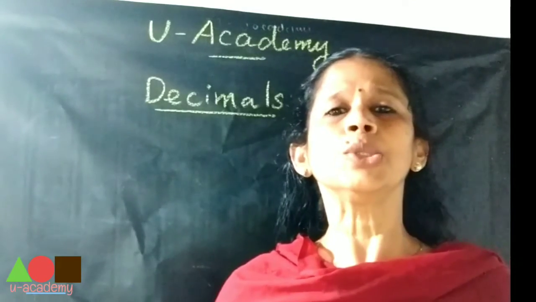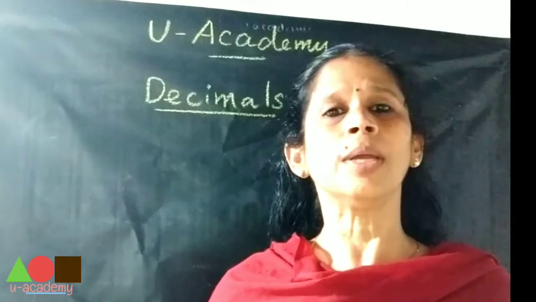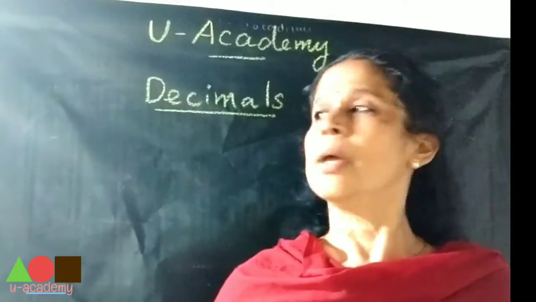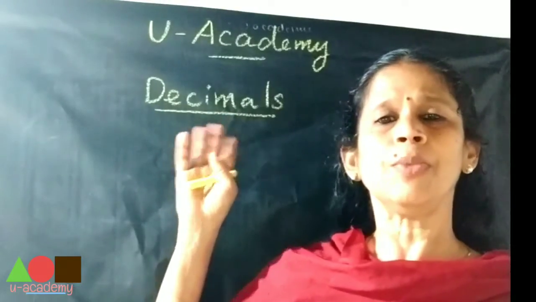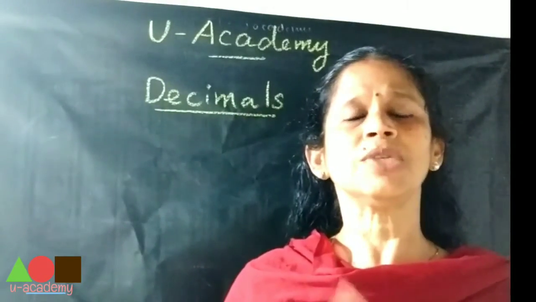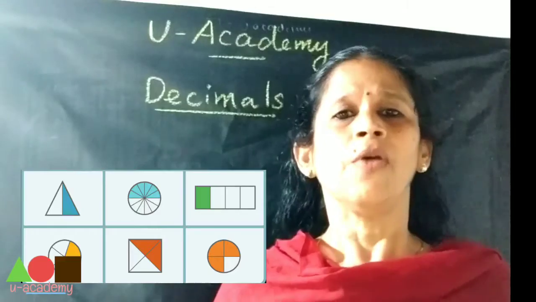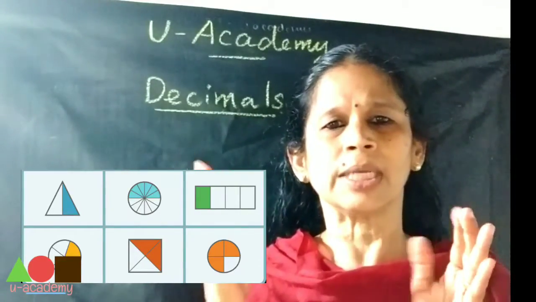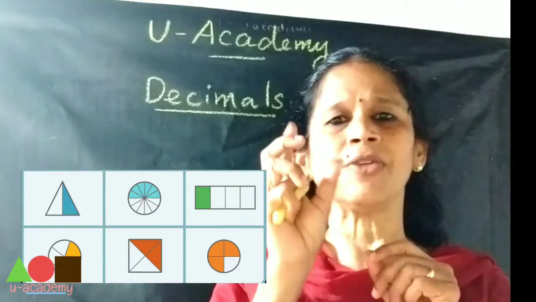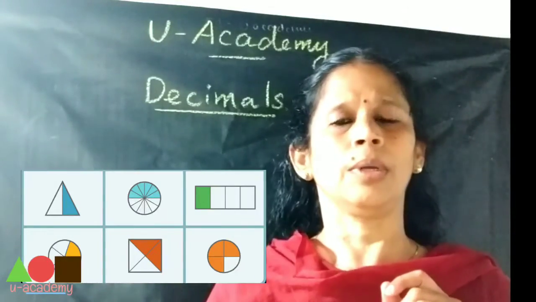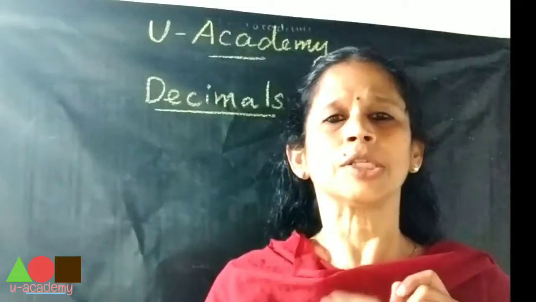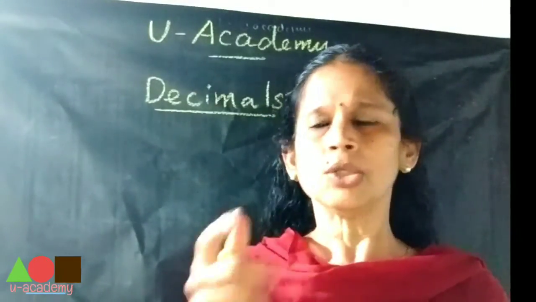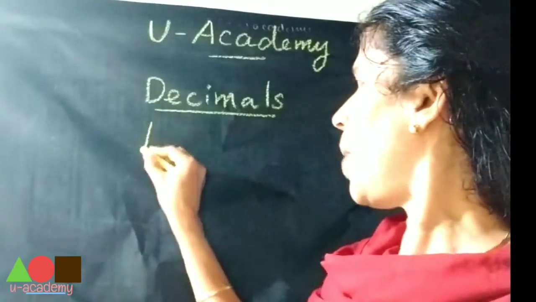In earlier classes you learned natural numbers, whole numbers, integers, fractions. Before entering into this topic, you must know about fractions. What is a fraction? When a whole, that means full, is divided into equal parts, each part represents a fraction of the whole. How do we write the fraction number? Numerator divided by denominator. So we can normally say P by Q.